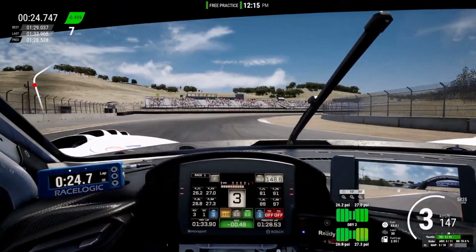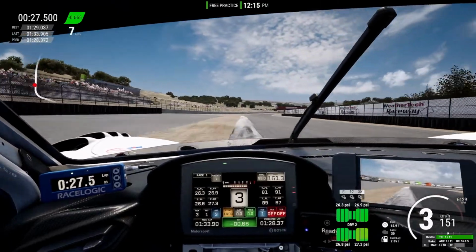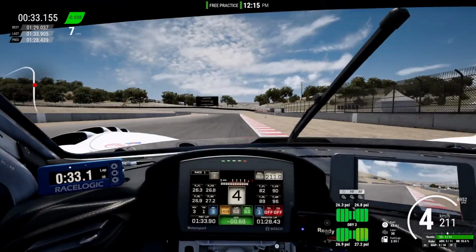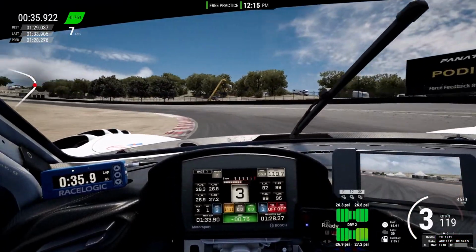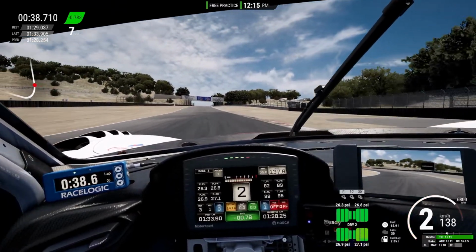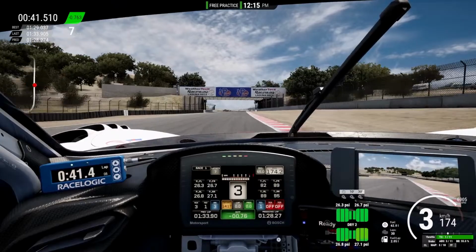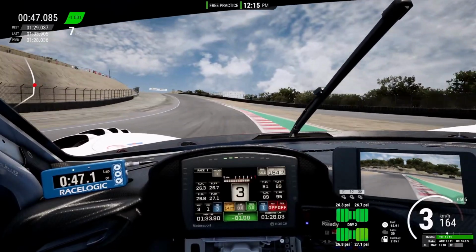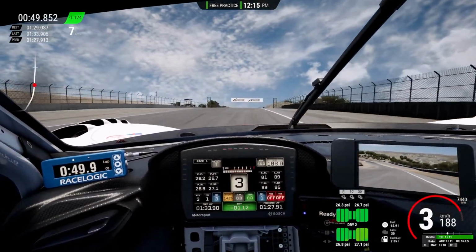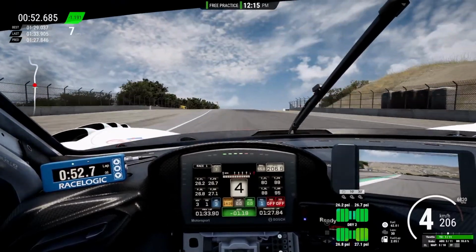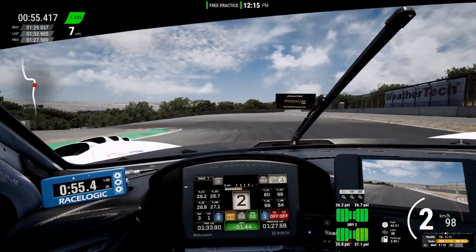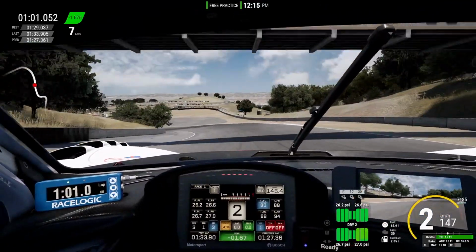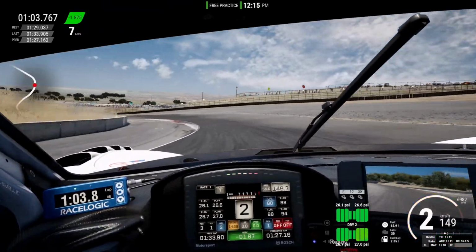I really need to upgrade my pedals. I want to get the V3s because right now I just have the basic Fanatec pedals. I want either the V2s or V3 pedals. And maybe somewhere down the line in the future, I see a lot of people like Simucube and stuff like that. So maybe somewhere in the future. Who knows? We'll keep this up. Maybe we get some sponsors. Maybe we get some companies that reach out.